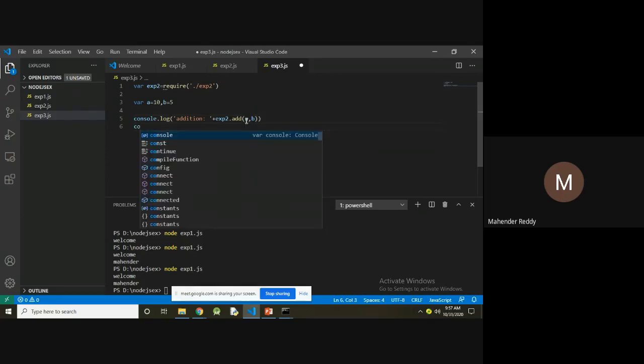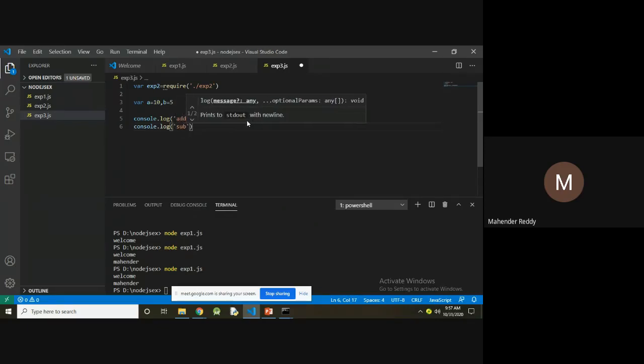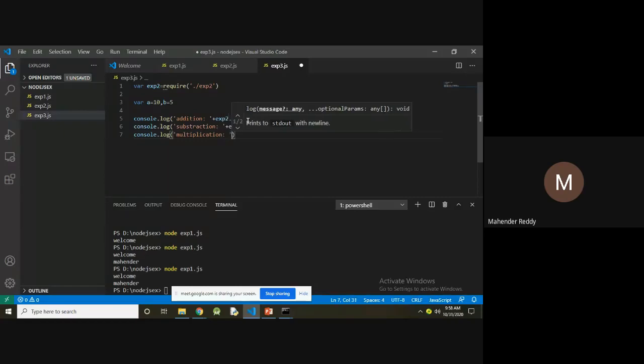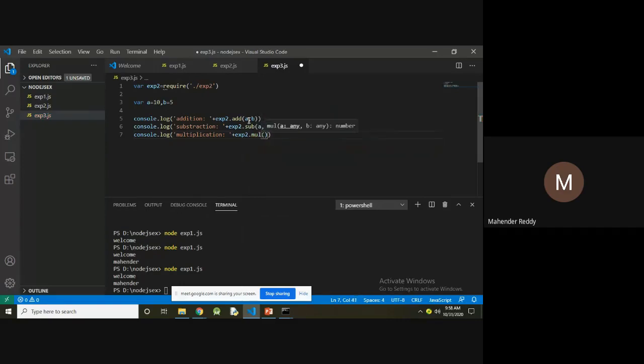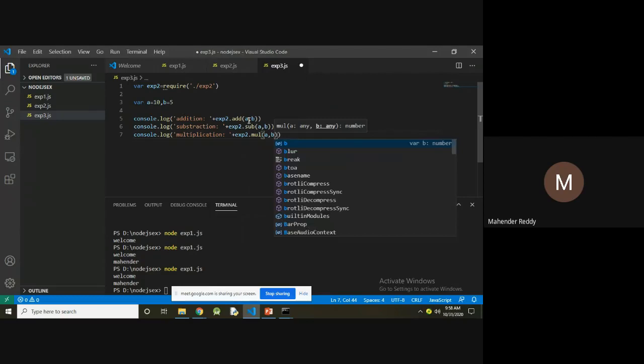Now another one, console.log subtraction plus exp2.sub of a, b, and third one, console.log multiplication plus exp2.mul of a, b.